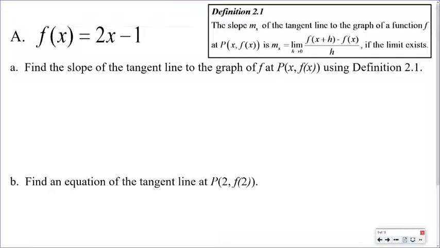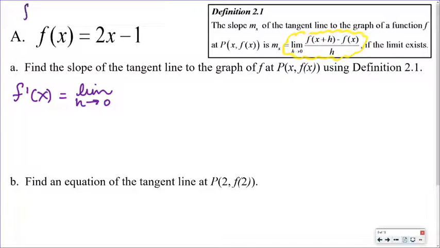All right, so now we're going to do some example problems. What we want to do is figure out how to find the derivative by using that formula, which again is up here in the box. Okay, all right, so we are going to find the slope of the tangent line at the graph using the definition of the derivative. So the derivative, or f prime of x, is the limit as h approaches 0 of